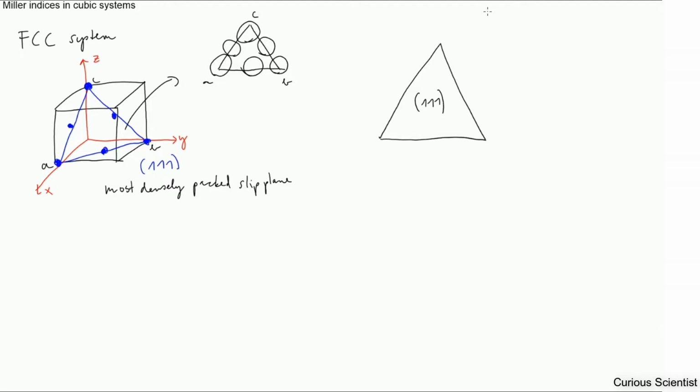So what I want to show you is how we find the slip directions in the 1-1-1 slip plane. So we have our triangle with the 3 corners of it, and then we know that there are 3 directions, and we just follow the edge of the triangle like this,